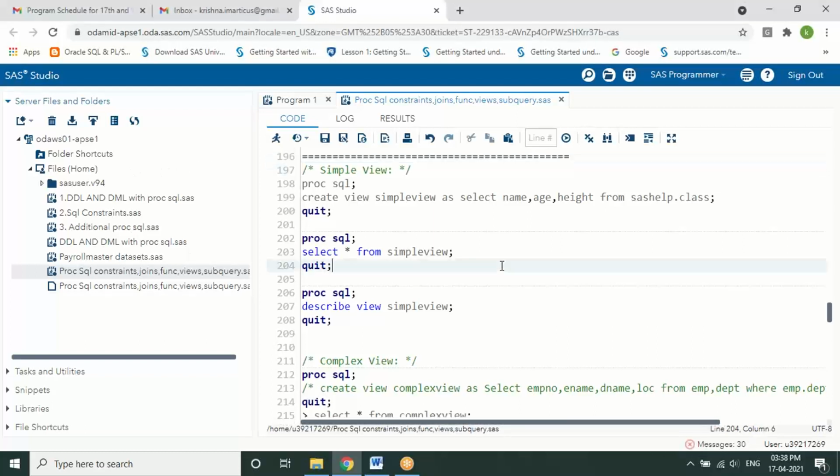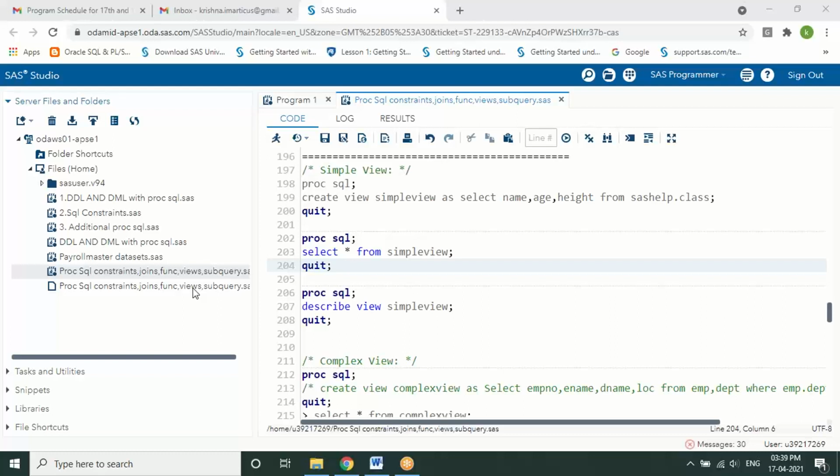Right. So the next concept we have is called views. Are you aware of views? SQL views? Anyone who has worked on SQL, can someone let me know about views?